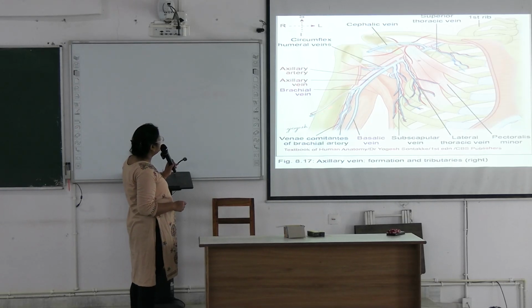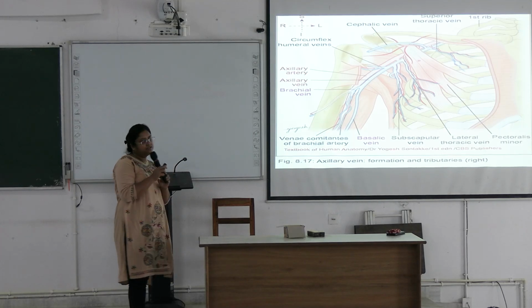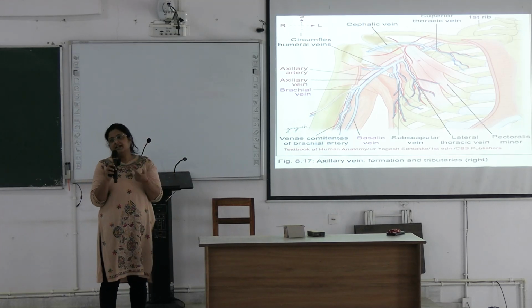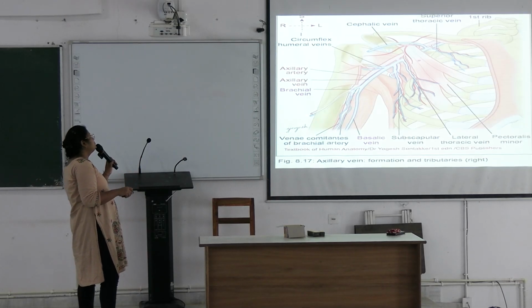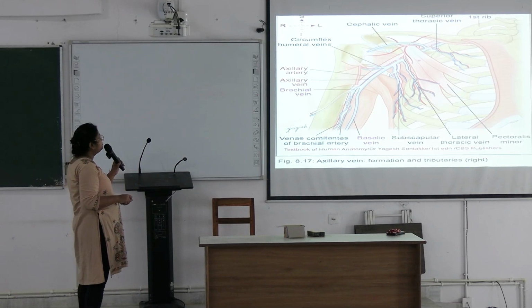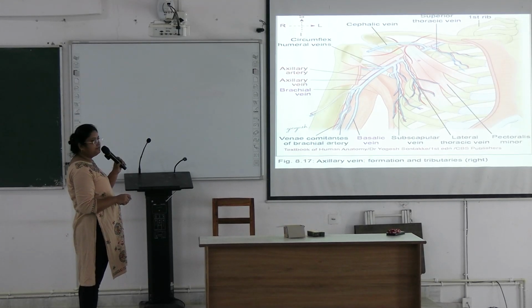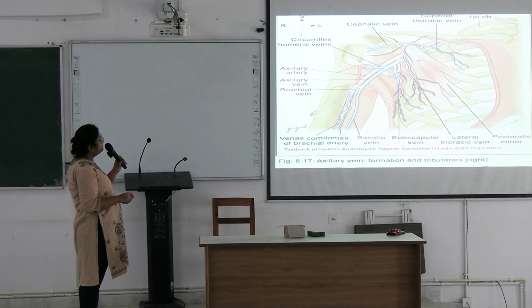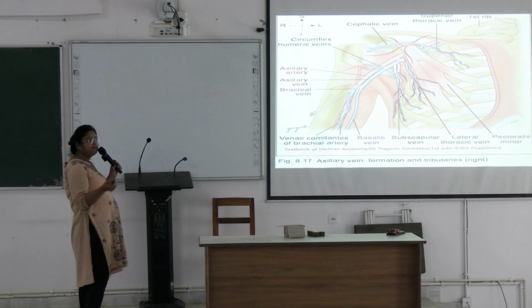And this is profunda brachii vein along with the profunda brachii artery. These are the venae comitantes. Venae comitantes means smaller veins lying along the large arteries. Okay. So see here, these two veins are lying on the two sides of the brachial artery. These two are joining along with the basilic vein to form this axillary vein. Here is the formation at the lower margin of teres major. And after that it continues upward, receiving all those tributaries and ends at this level at the outer border of first rib and continues upward as the subclavian vein.